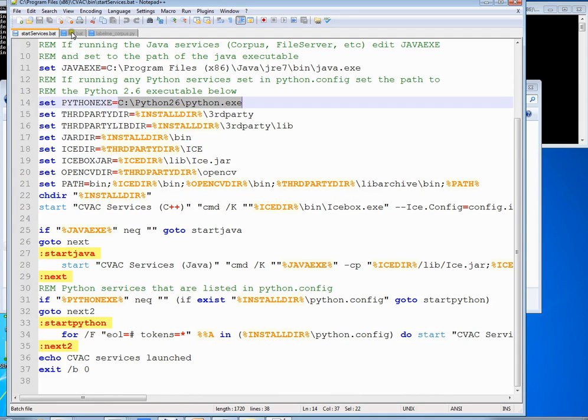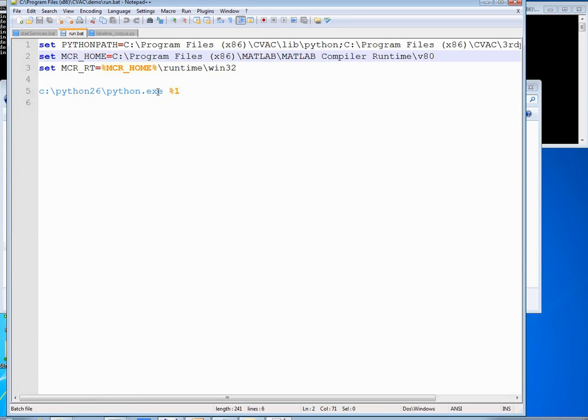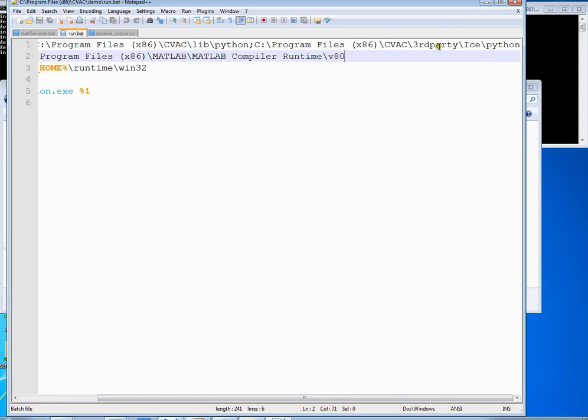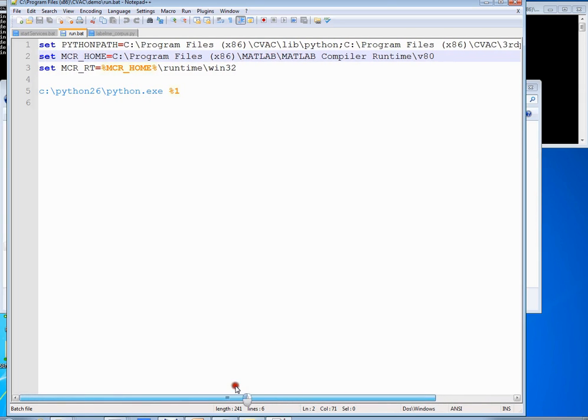And since we're here, I'm going to go ahead and talk about the run.bat file. This is simply a way to set up the Python path before you execute every single script, so it knows immediately. It doesn't have to ask. You tell it immediately which paths you want included in your library to the Python scripts, additional ones that you'll need, and then the third-party ICE Python scripts that you'll need as well. And then to also point